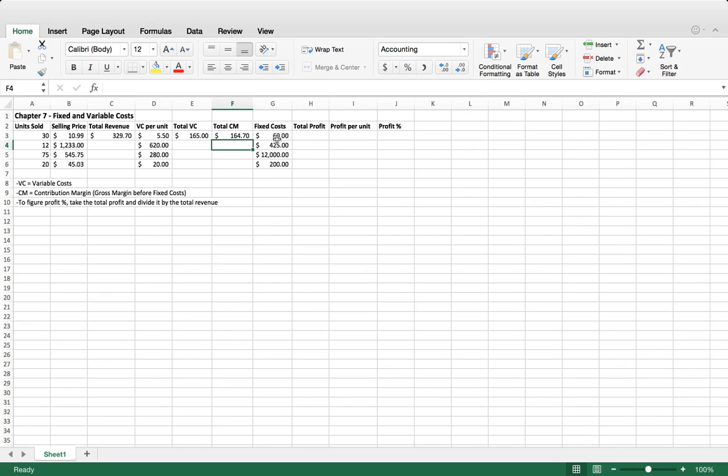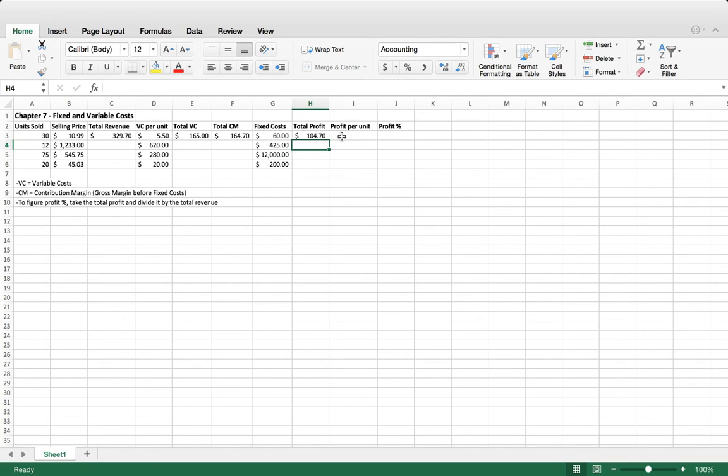Then we have our fixed costs. These are the costs that are always going to be there. No matter what we produce, we are going to have to pay our fixed costs. So we need to back out those fixed costs from the contribution margin in order to determine our total profit. So we take the 164.70 and subtract the fixed cost of 60, and that'll get us a total profit of